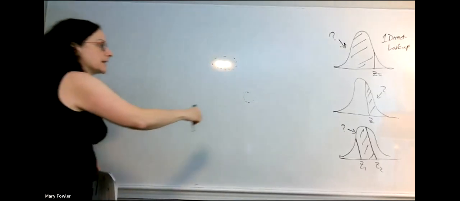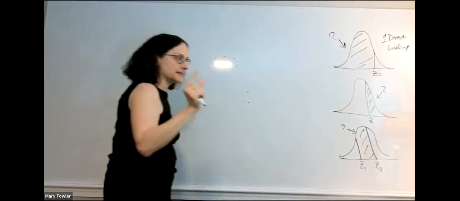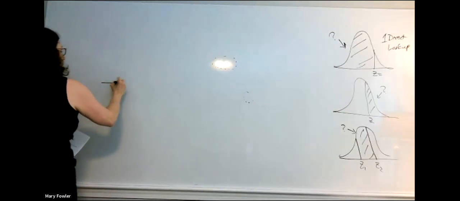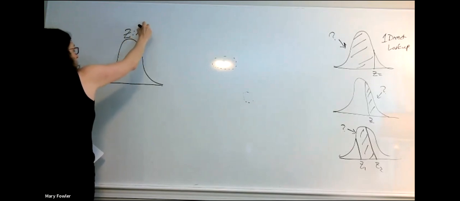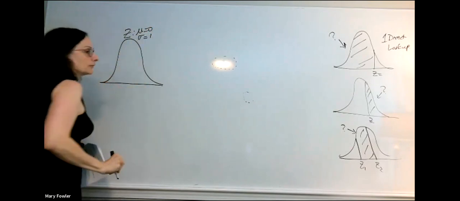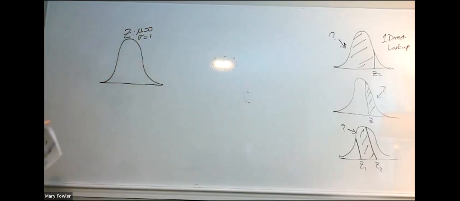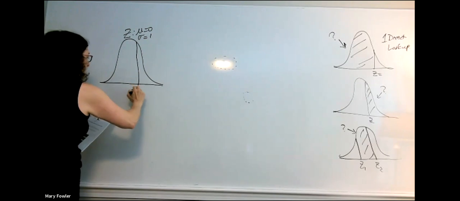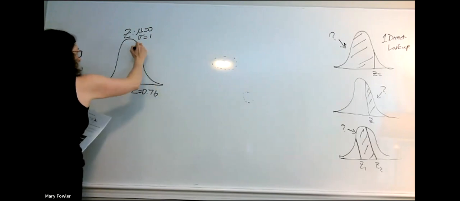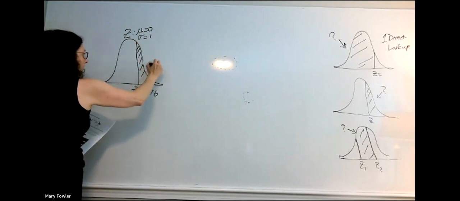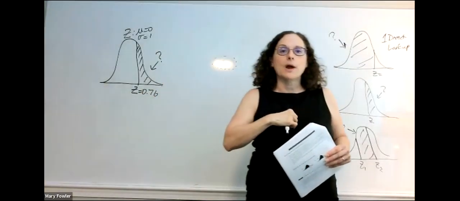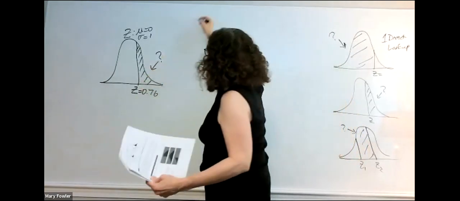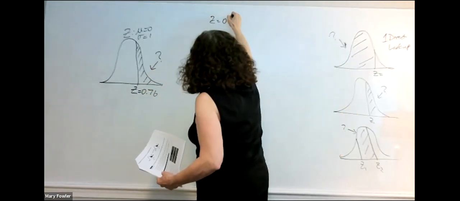So this is a right tail, area of a right tail, so it's that second kind of problem. And again, we are working with a normal curve, standard 0, 1 parameters. 0.76 is my delimiting value, and we're looking for a right tail. Okay, so my problem is set up. It's just how I want it to be on the whiteboard. So now I need to think about what row and what column,